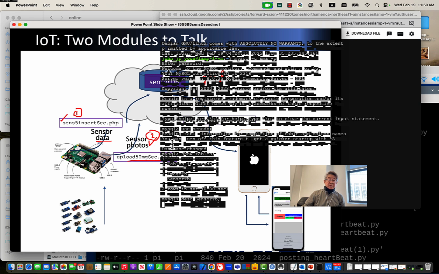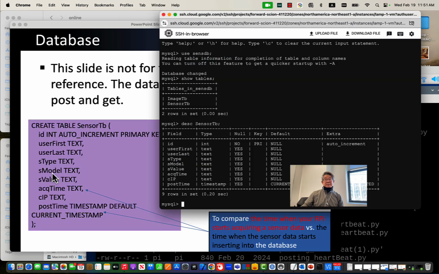So we have attributes ID, user first name and last name, and S type, that is a sensor type. For example, if that is a temperature sensor, then you can say temperature. But specific model, let's say if it is manufactured by some company, then they name it with a specific model. So I want you to write it. And S value,